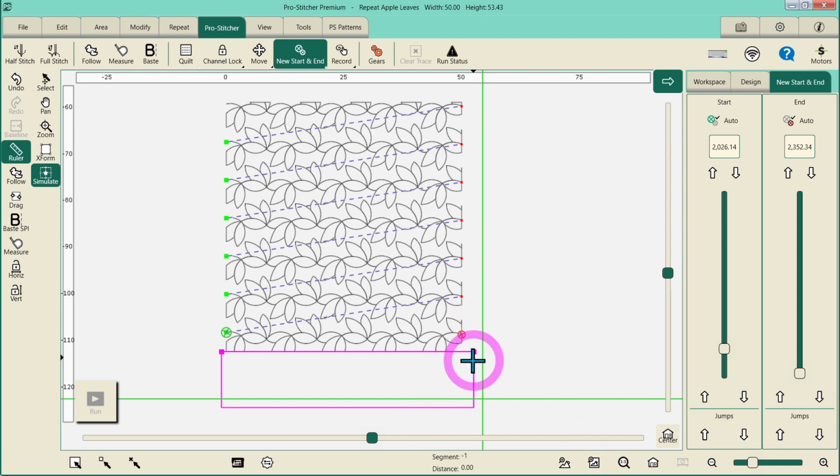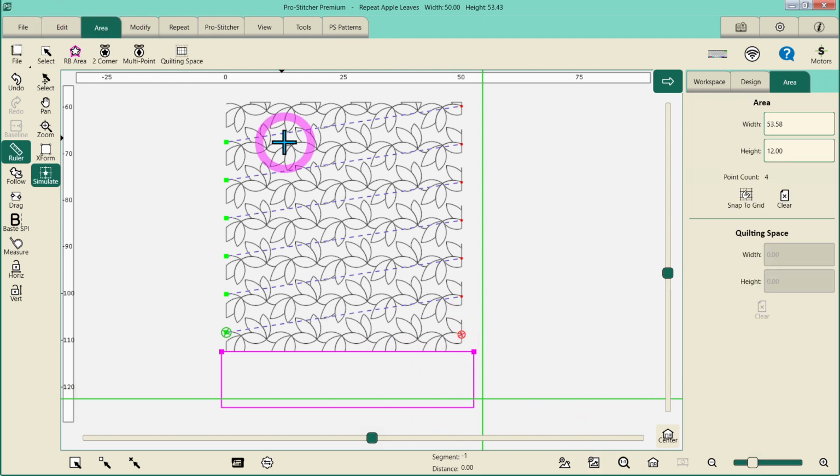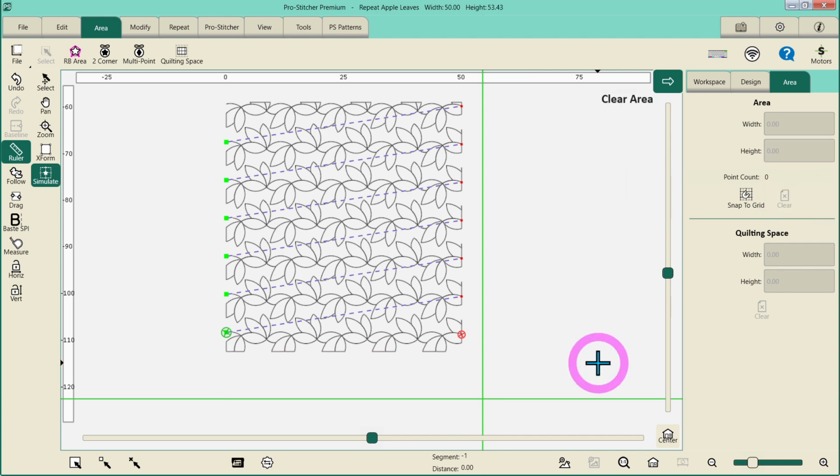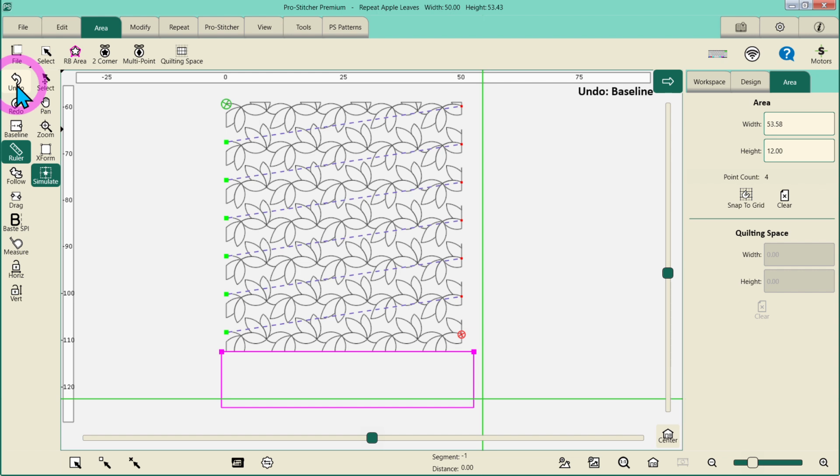And if the area box bothers you, no problem, get rid of it. And then you can finish stitching this partial last row. So that's what I think is the easy way, but sometimes you will have a situation where